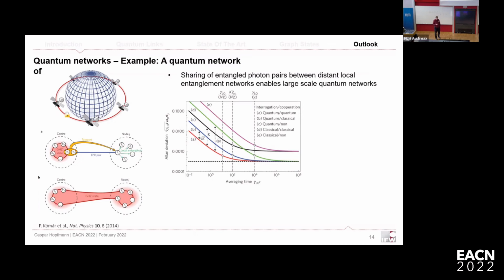Ricardo and I have been talking about what we can actually do, and one of the examples would be to try to use this to provide a synchronization network. There's a theoretical proposal which tries to span the whole globe with a sort of quantum GPS, if you want. Basically a network of very precise clocks which are linked together with this kind of sharing of